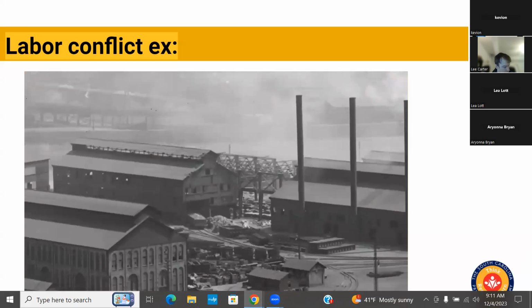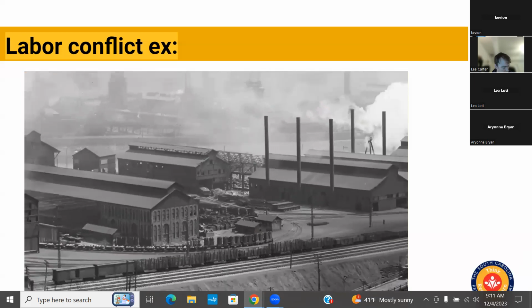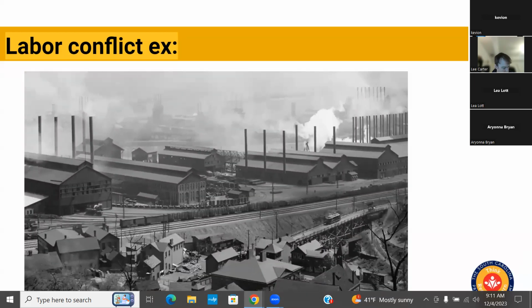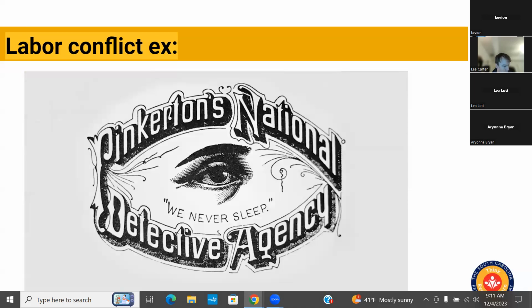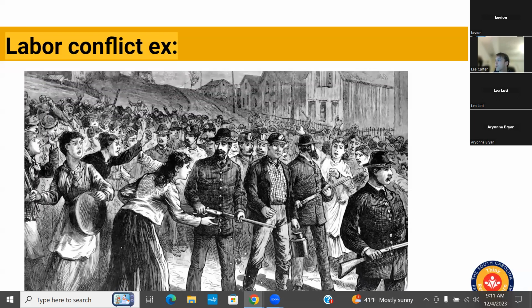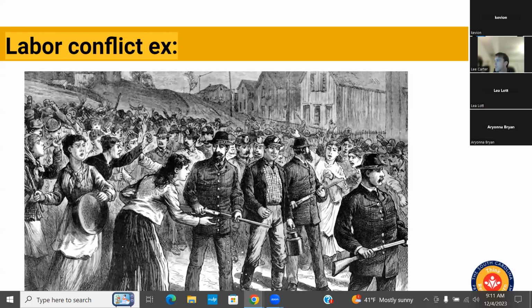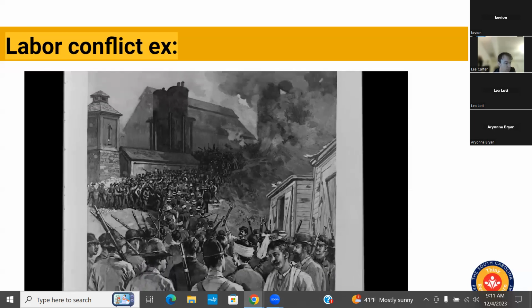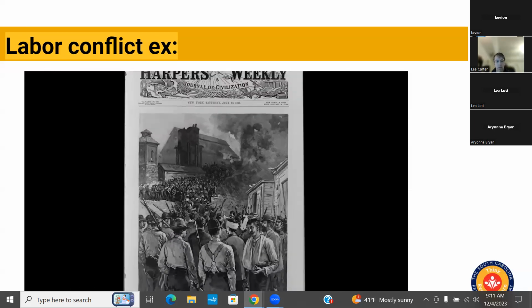Frick wanted to regain access to the besieged mill in order to restart production with non-union workers on July 6th. On the night of the 5th, 300 men from the Pinkerton Detective Agency boarded barges downriver. The plan was to secretly tow them up to Homestead, where they would surprise the striking workers and take control of the mill. Alerted of the plan, the workers and many residents went to the mill to repel the Pinkertons.